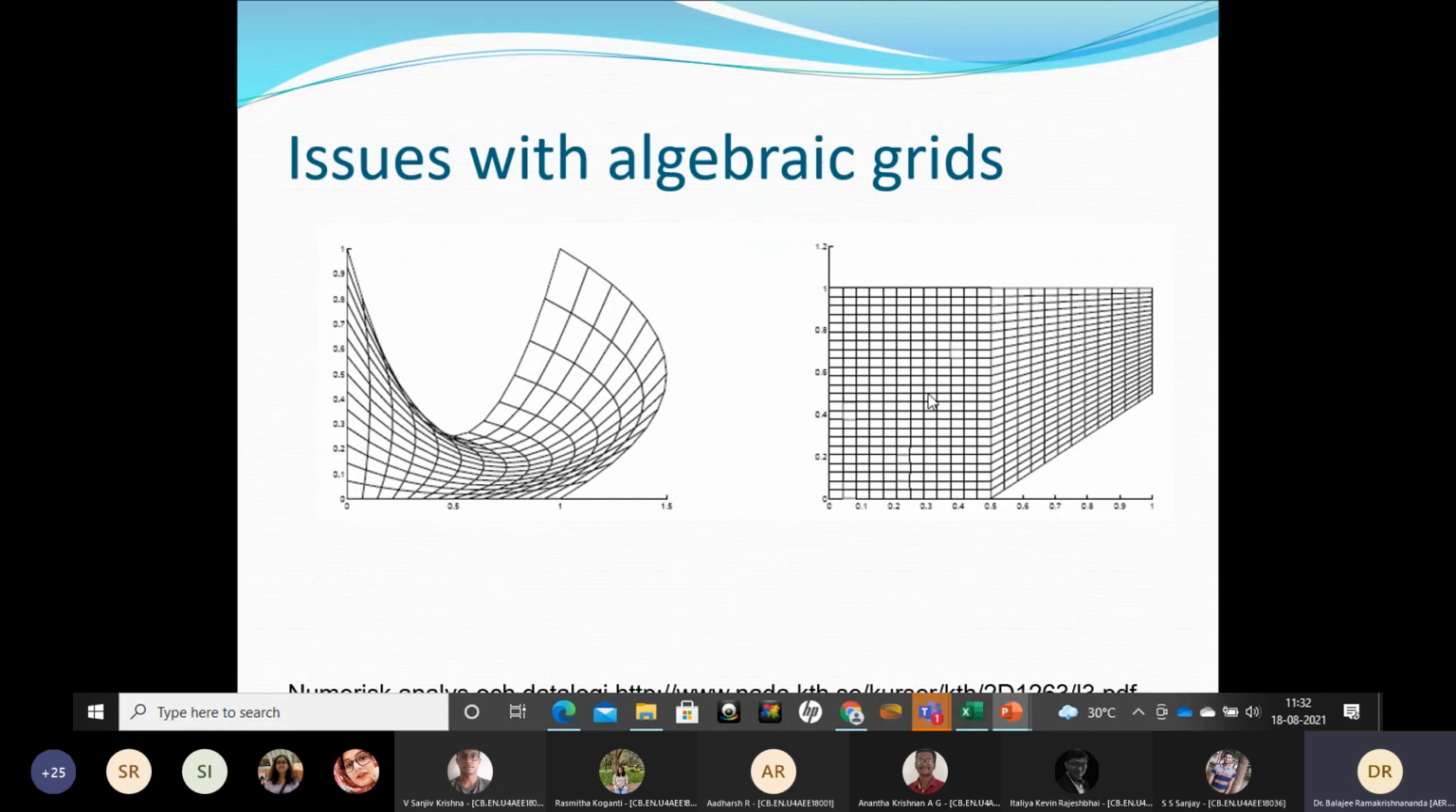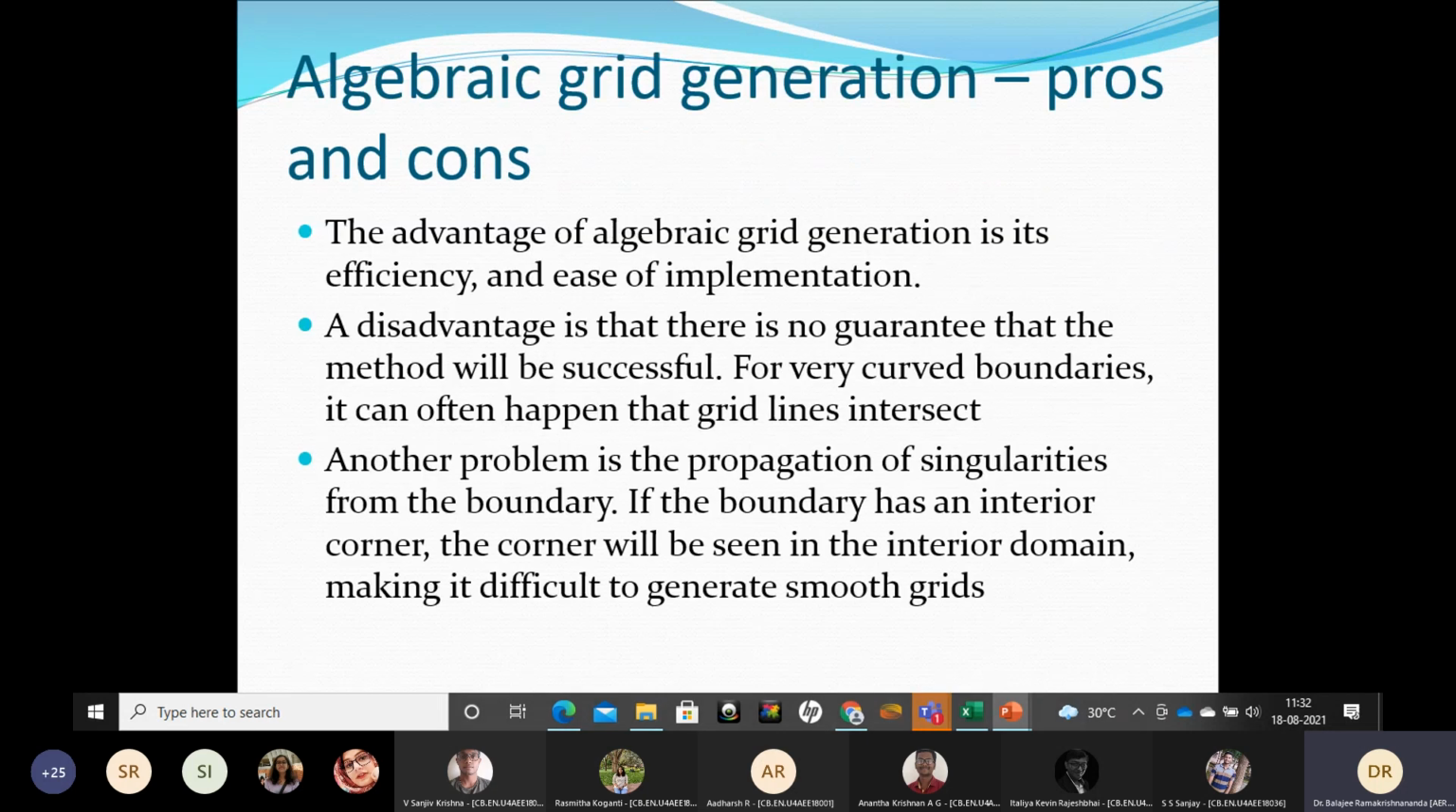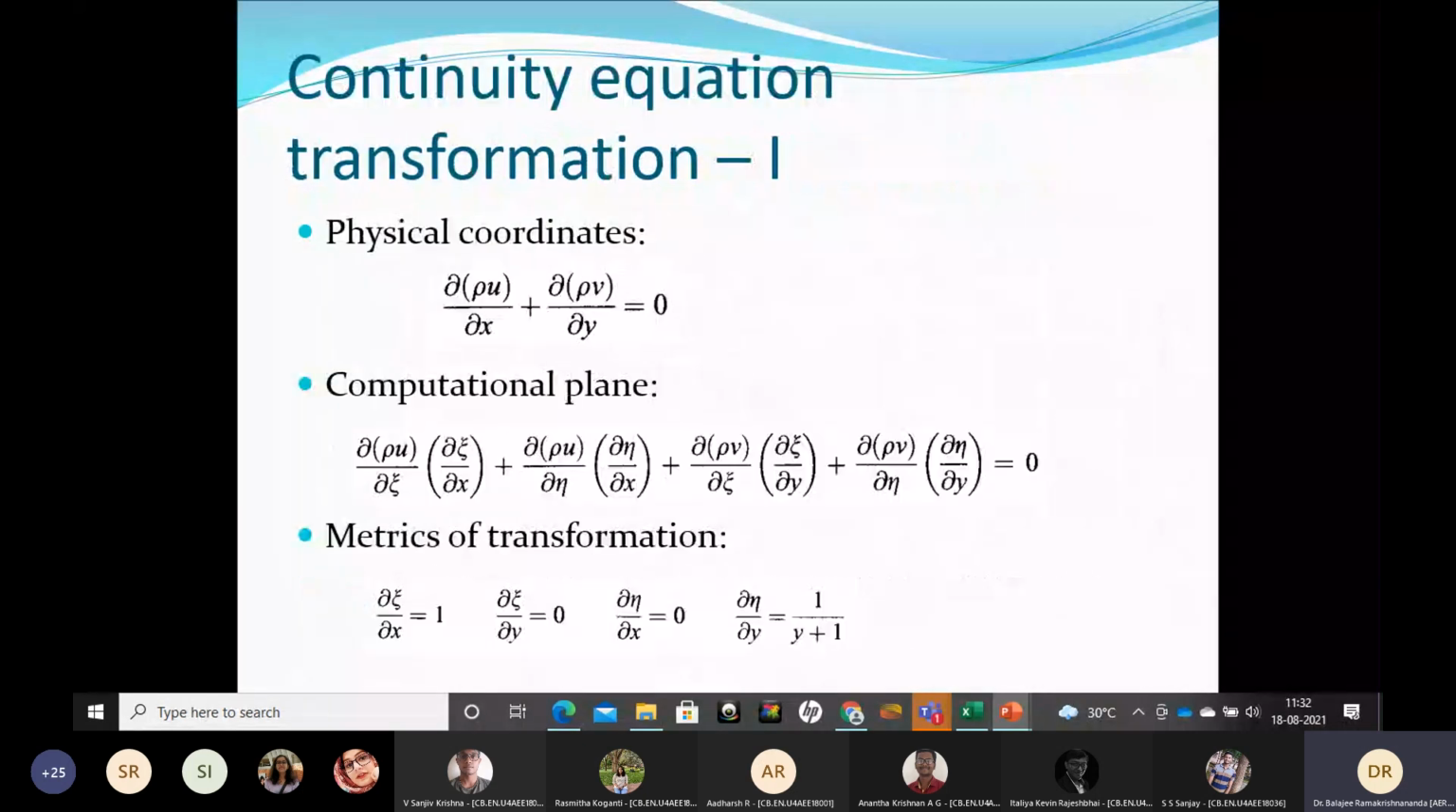These are the main problems with algebraic grids, but the plus point is they are very easy to generate and even implement. You can use a formula like that to transform. The governing equation transformation is done using a formula. If you use some other technique, you may have to evaluate ∂ξ/∂x, ∂ξ/∂y, ∂η/∂x, ∂η/∂y numerically at every point. So at every point, you numerically evaluate and substitute in this equation when you solve it,